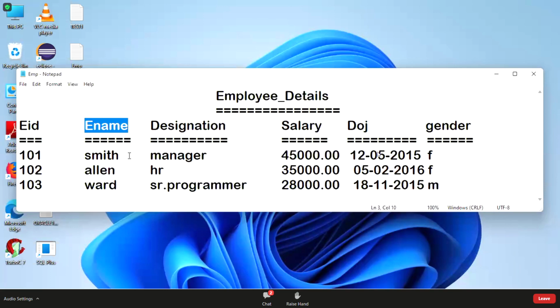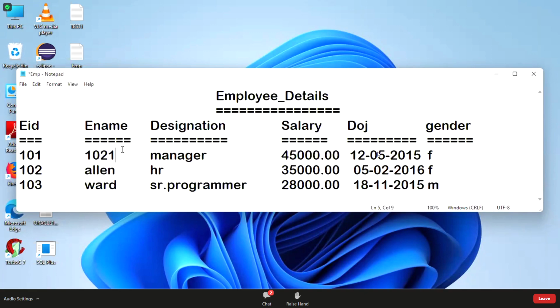Employee name. In employee name, the user tries to change it to 1021. Is it right or wrong? Wrong, because name is which type of data type? String, character or string data type. But I inserted an integer. That means in a string type column, what type of data am I storing? Integer. So in any language,